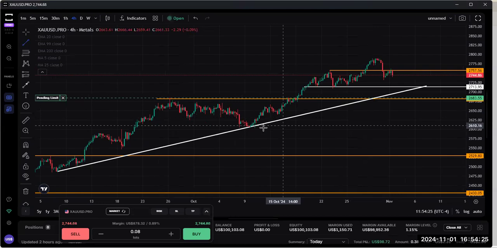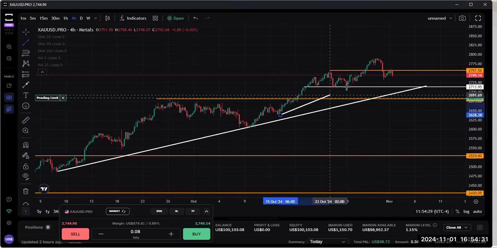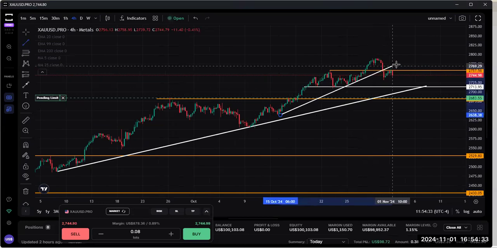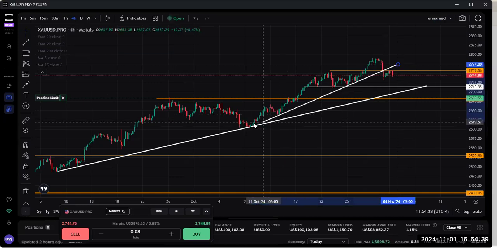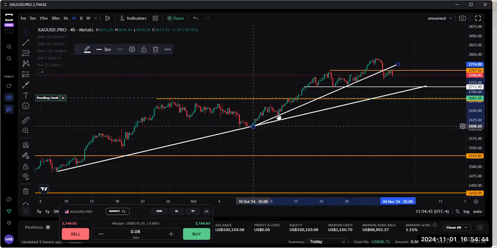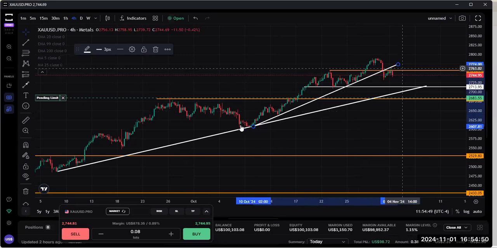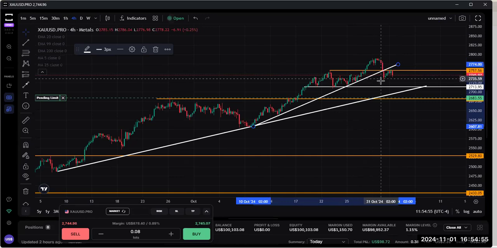So if I start my line from here and I do this, okay. So one touch point, another touch point, another touch point, multiple touch points, okay. So this was the uptrend that price was respecting. Then it broke below. Once it breaks below, that's a problem. It broke below, but it didn't only break below, it now began to respect